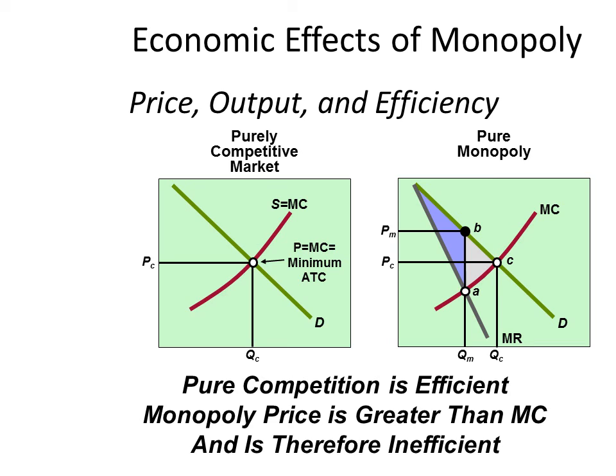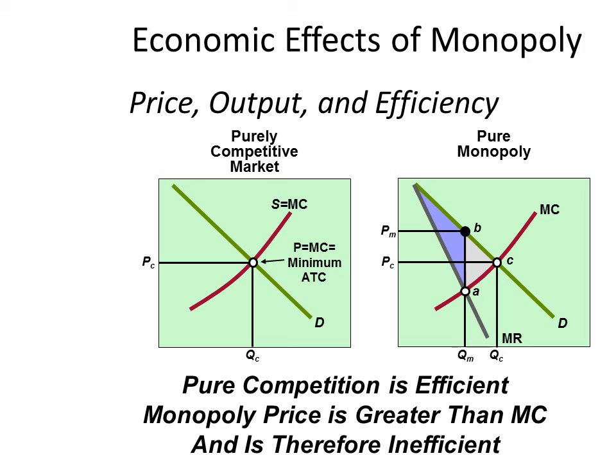Notice that quantity, QM, monopoly quantity of output, is far less than QC. So the monopolist doesn't have to settle for PC, the purely competitive market price. The monopolist can charge PM, a higher price. In economic terms, we sometimes call this unfair rent. The monopolist achieves this higher price by restricting output somewhat and charging a price that is otherwise higher than what would take place in a competitive industry.